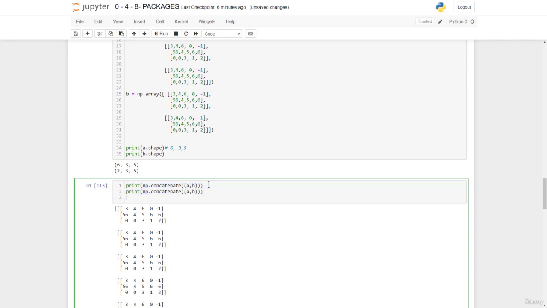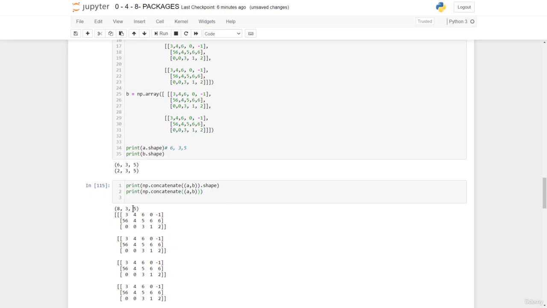Let's actually print the shape before. So we have this. Okay, we have 8 by 3 by 5. So the concatenation has been done on the zeroth axis. Now if you have to do that on the first axis, so if we have axis equals 1,